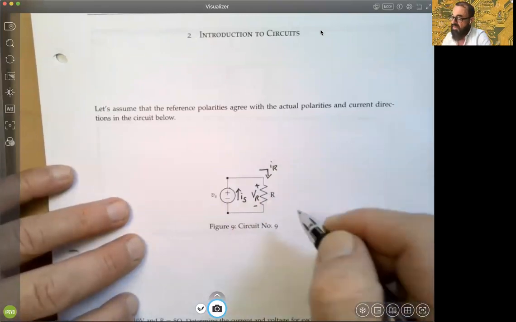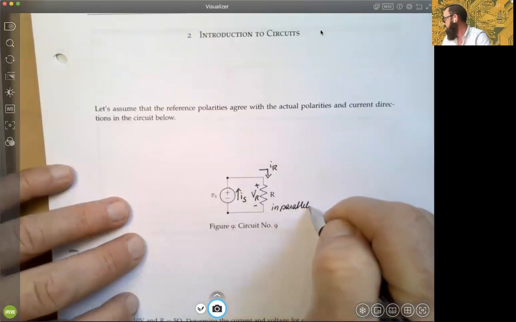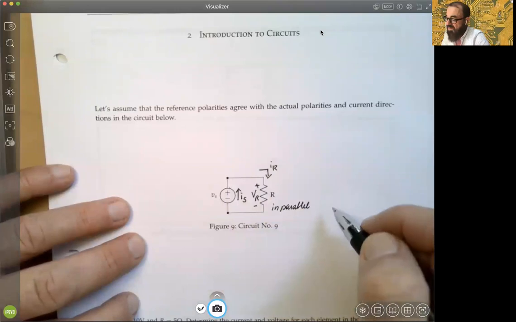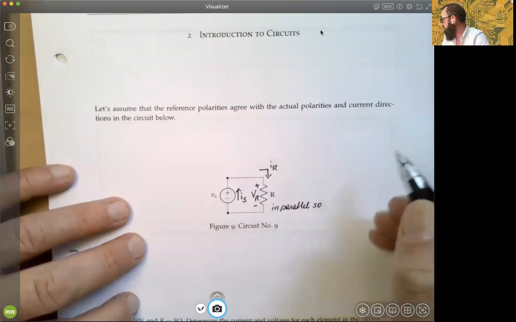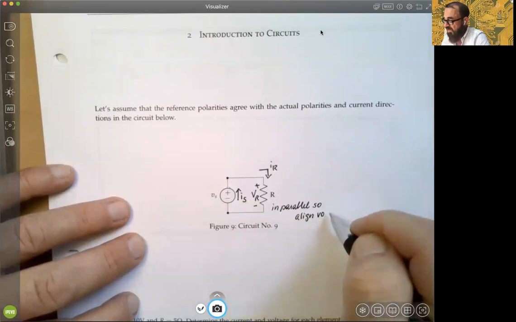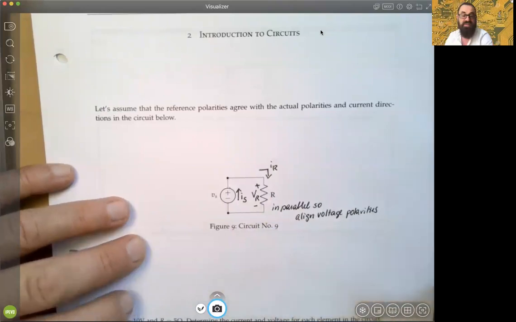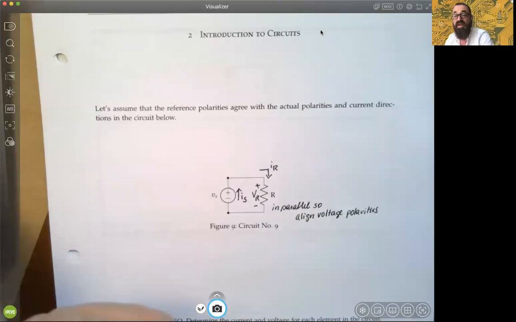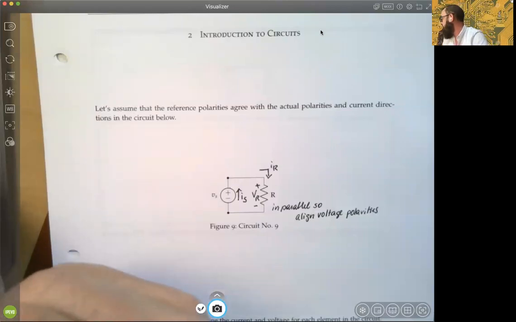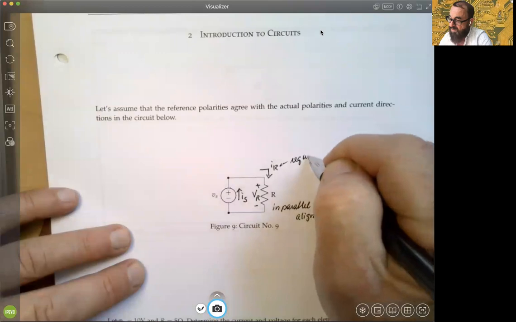So one way of saying that is maybe we'll make this convention that in parallel, we align voltage polarities. It's a good practice to just do that in general when you have them in parallel. It doesn't always have to be the case. You must have a required direction